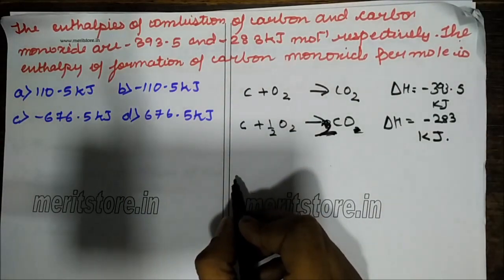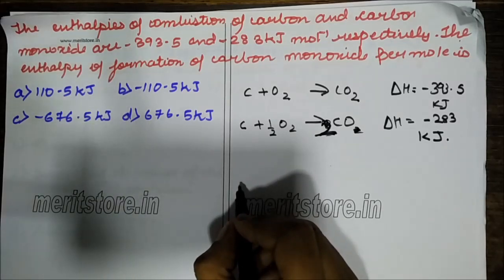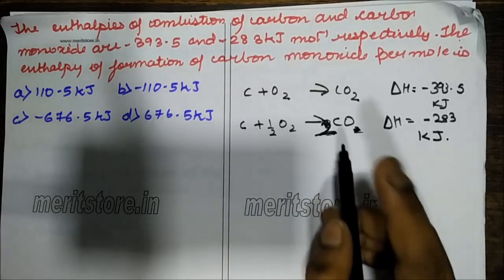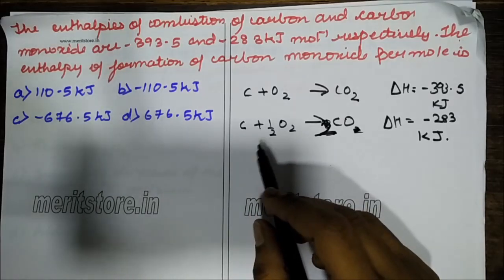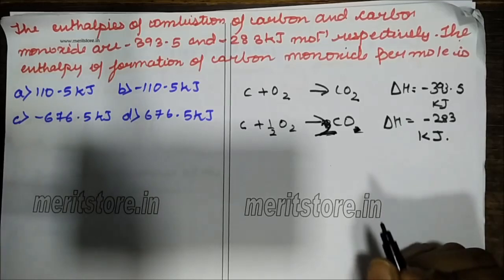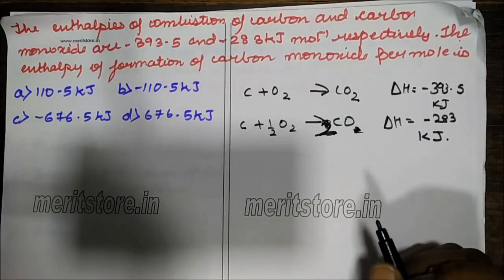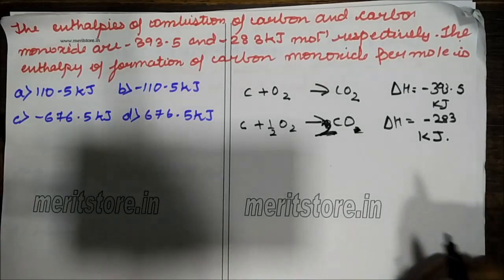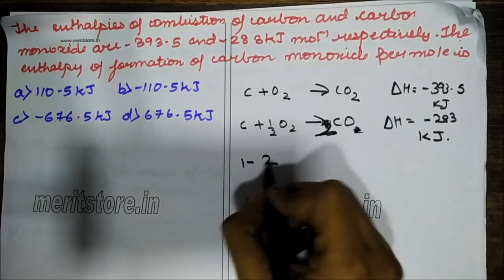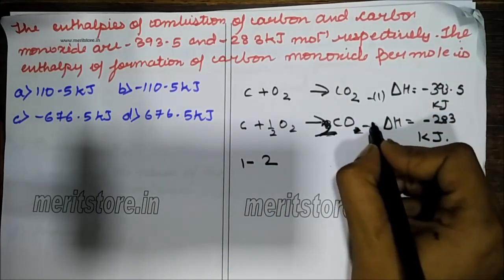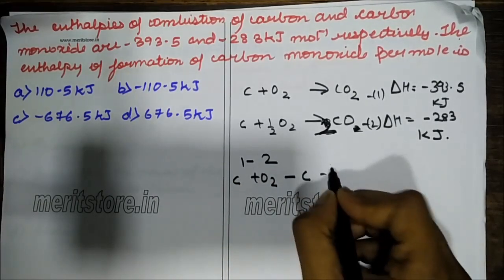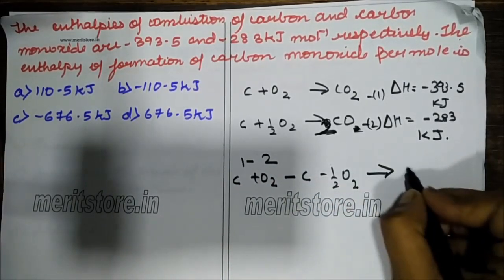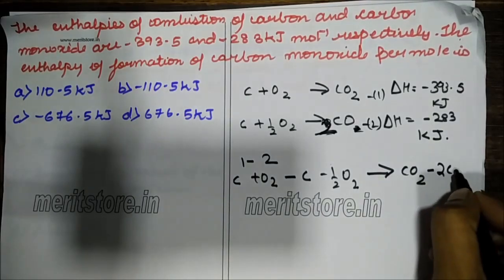What is the enthalpy that is asked? Enthalpy for the formation of carbon monoxide per mole, and here there are 2 moles. Okay, so we want only 1. So we want to get the final reaction which will have 1 mole of carbon monoxide on its right hand side. So see what we will get if we do 1 minus 2. This is reaction number 1 and this is reaction number 2. I'm subtracting. Okay, so it is C plus O2 minus C minus half O2 forming CO2 minus 2